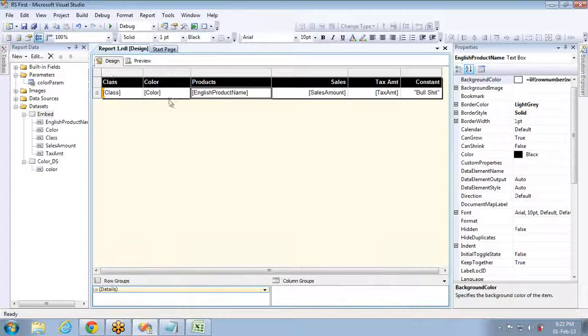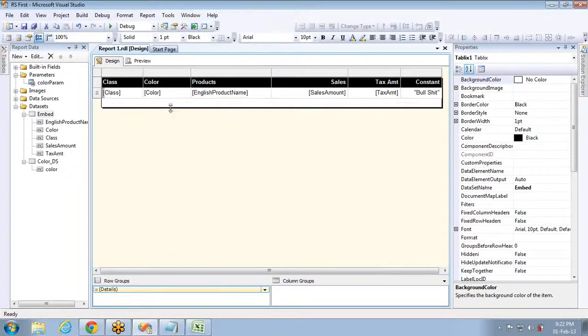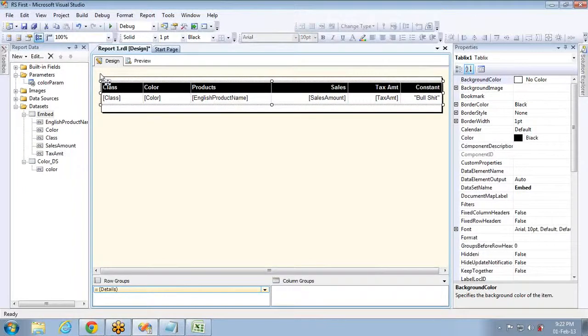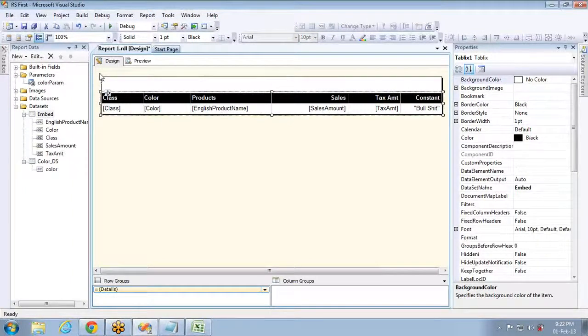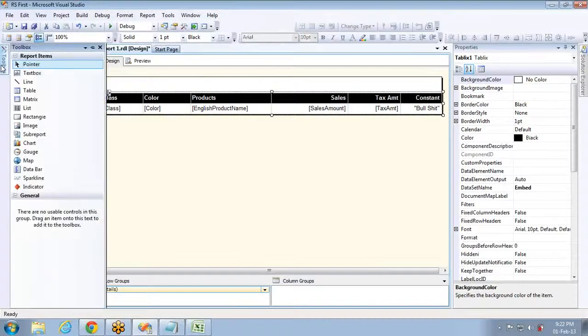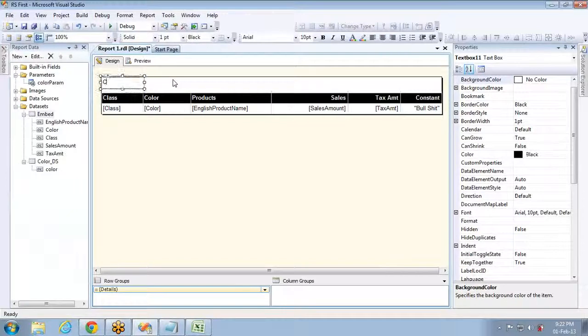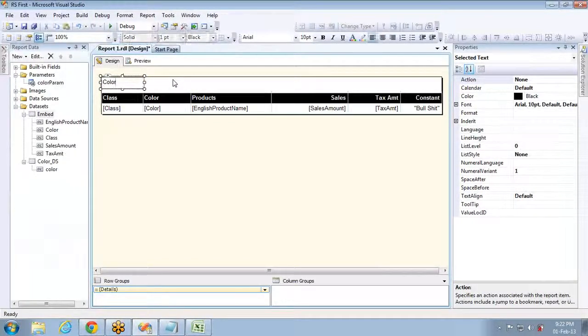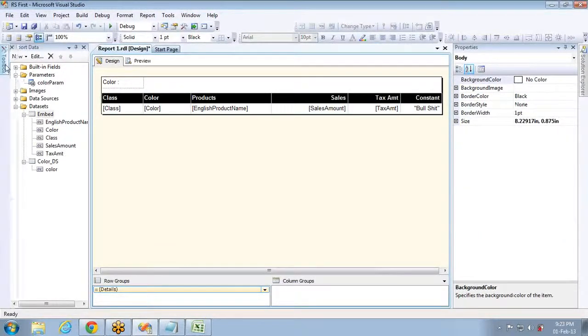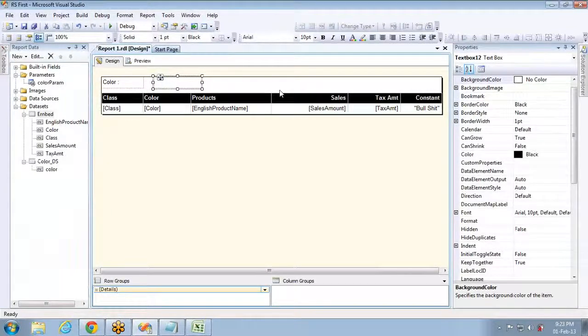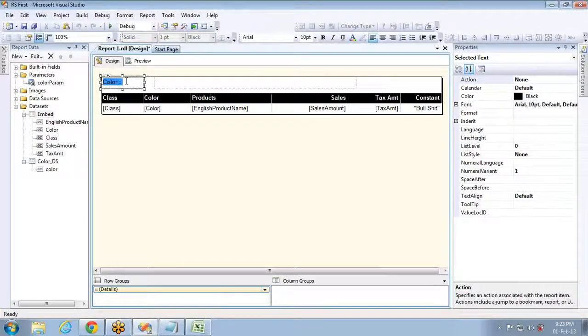How can we do that? My requirement here is to provide the parameters selected by the user. What parameters are available for us? Sorry, only one parameter is available, that is color. So let me modify the report. Color is in one text box, and I'm taking one more text box where I'll show the color selected. This will give the end user a better, I can say complete, report.